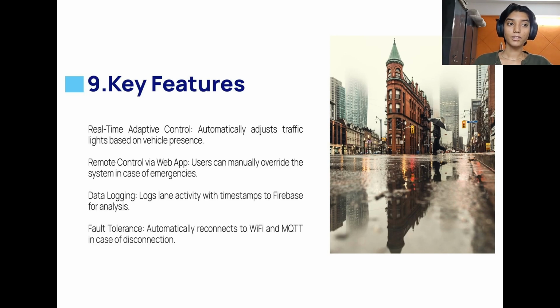So the real-time adaptive control automatically detects whether there is a vehicle present or not. Using the database for that won't be real-time detection, but it will be cheaper, as I don't have to use so many sensors. In this one, it is real time because it is detecting the activation of the IR sensor at that particular period of time. Then it has remote control via the web app, so you can just remotely control it